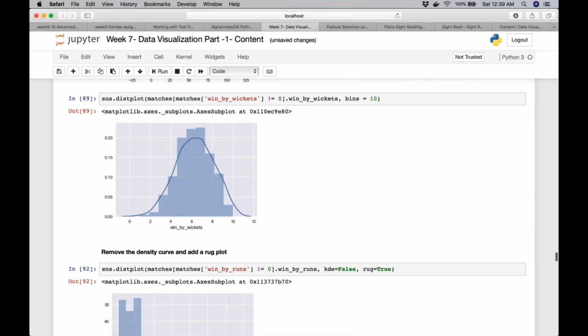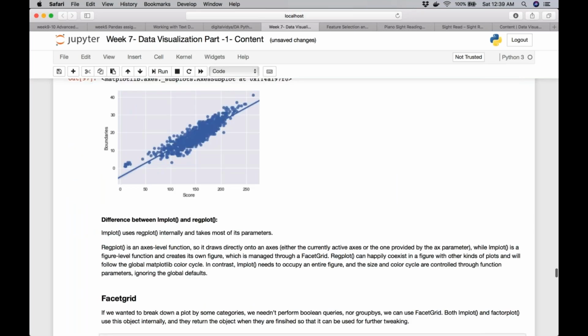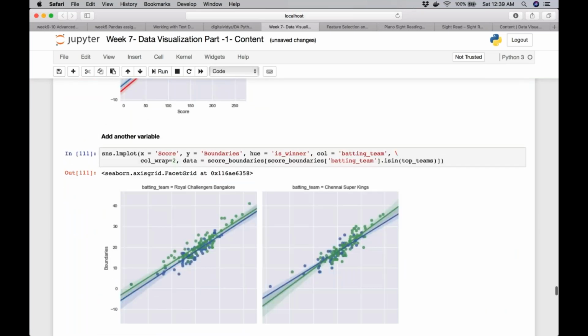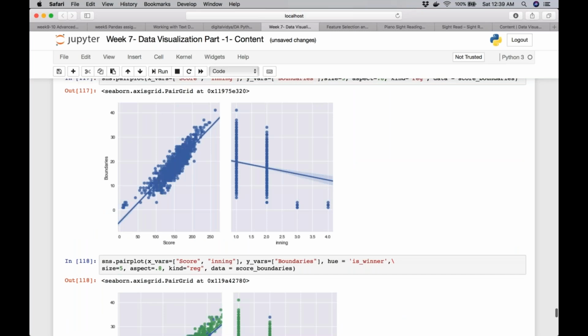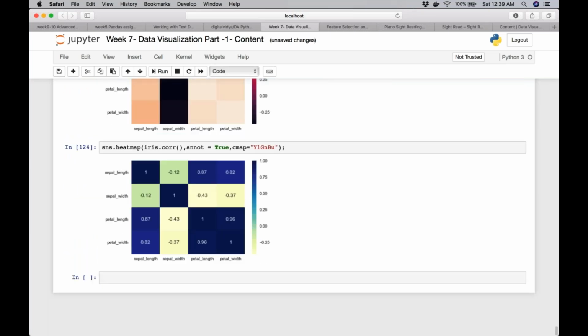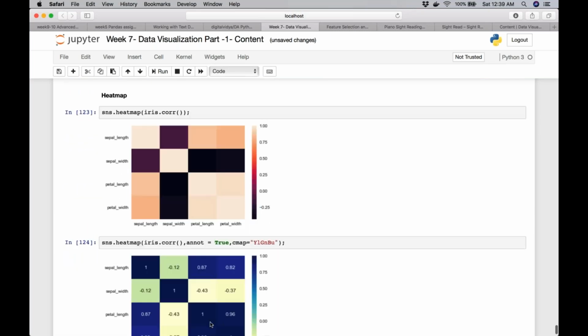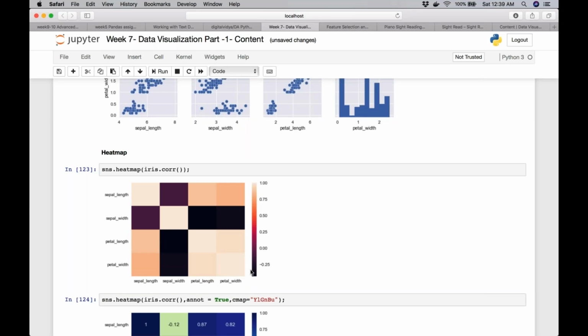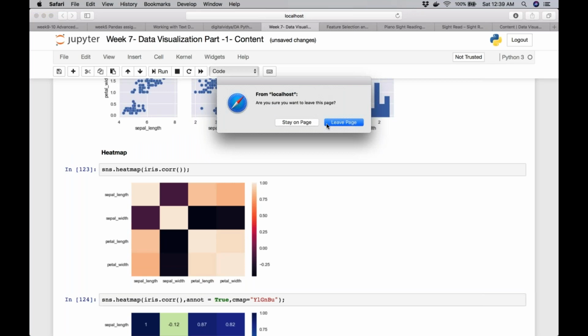There's nothing new. Facet grid, everything is there. Yeah, it's fine, up to the heat map. The whole idea of the live session is that many times it becomes easy for me to create an example in front of you and show it to you. But then I delete those cells.